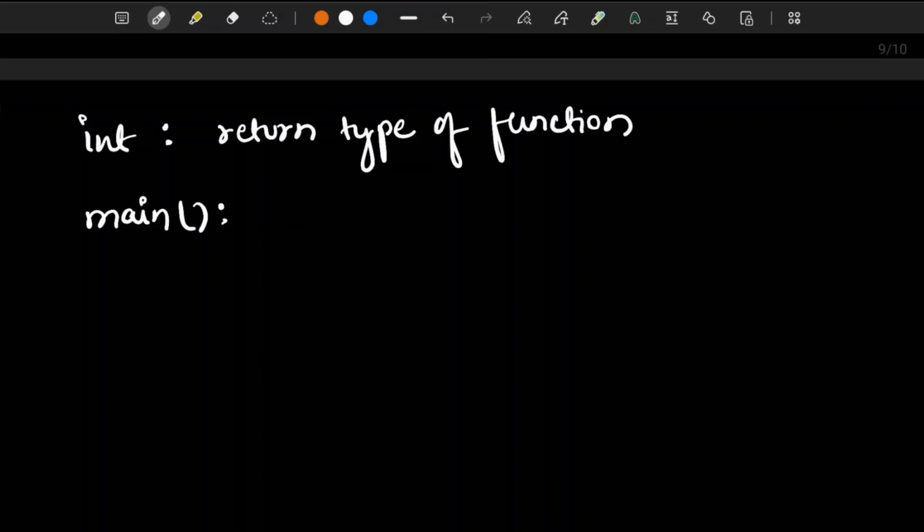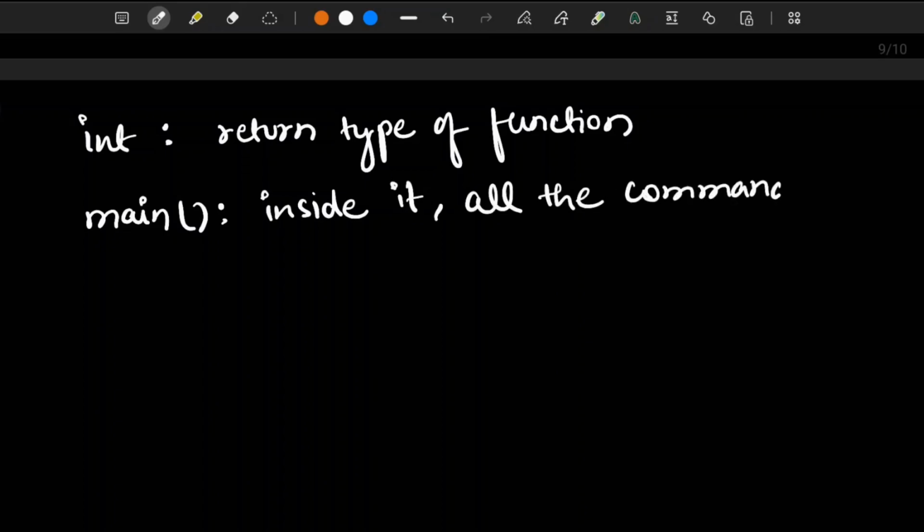So this is the line at which the program will begin executing, and this statement is similar to the start block of the flow chart or start of the program.